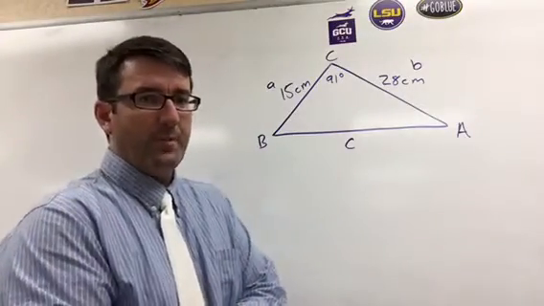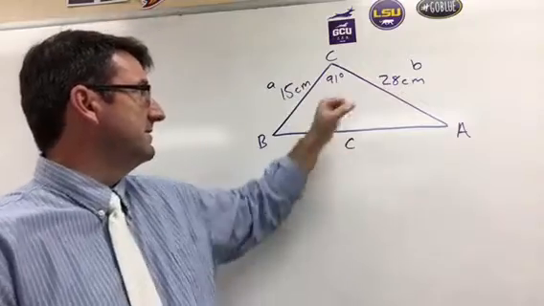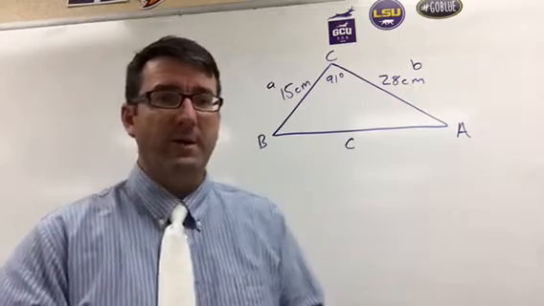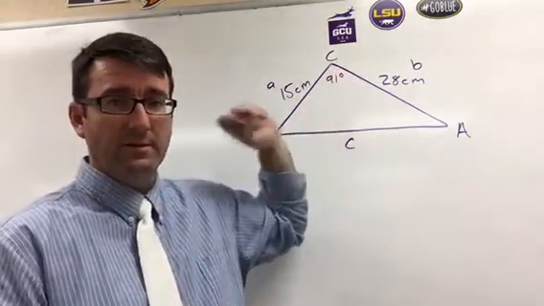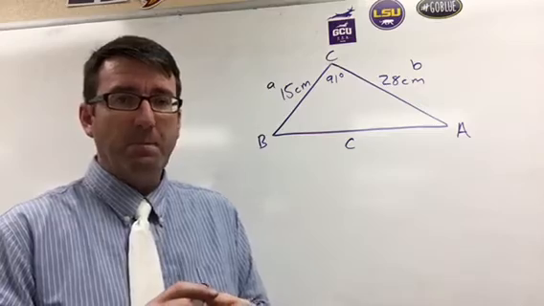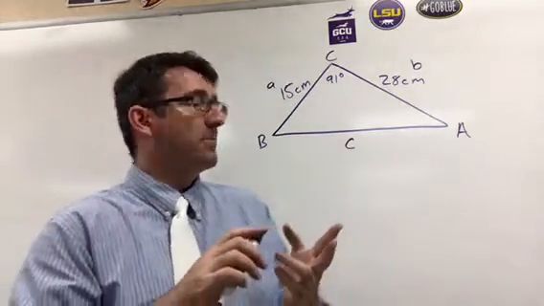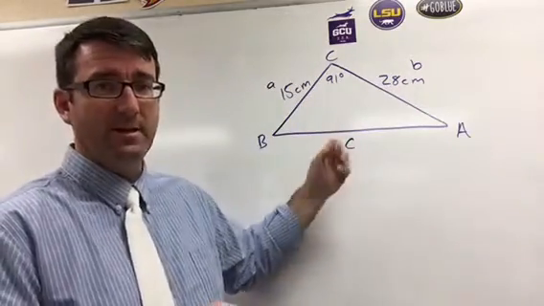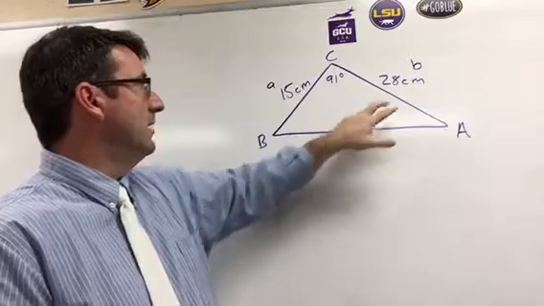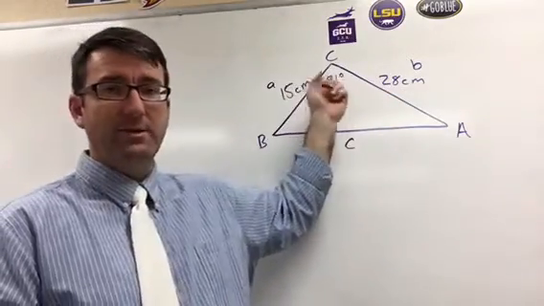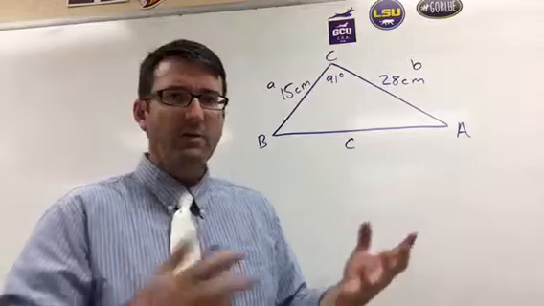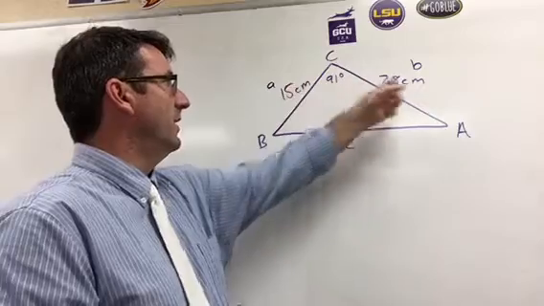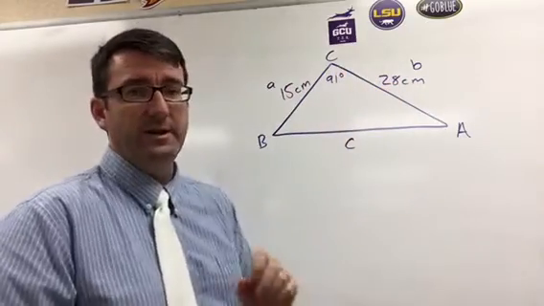Now, the reason that I labeled these for this problem is, for this one we're going to need to use the law of cosines. We'll use the law of cosines whenever we don't have a right triangle, which we don't here, and we either know all 3 of the sides and we're trying to find an angle, or we know 2 sides and the angle in between those 2 sides. Otherwise, we can use the law of sines. But for this one, since we know 2 sides and the angle in between, we're going to need to use